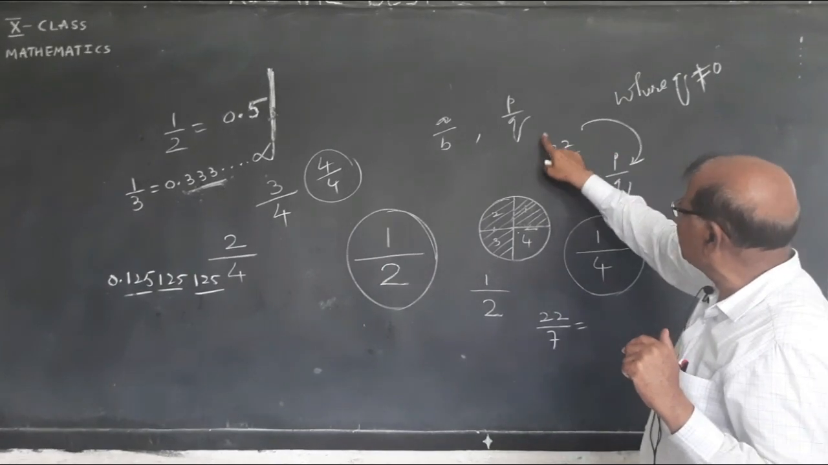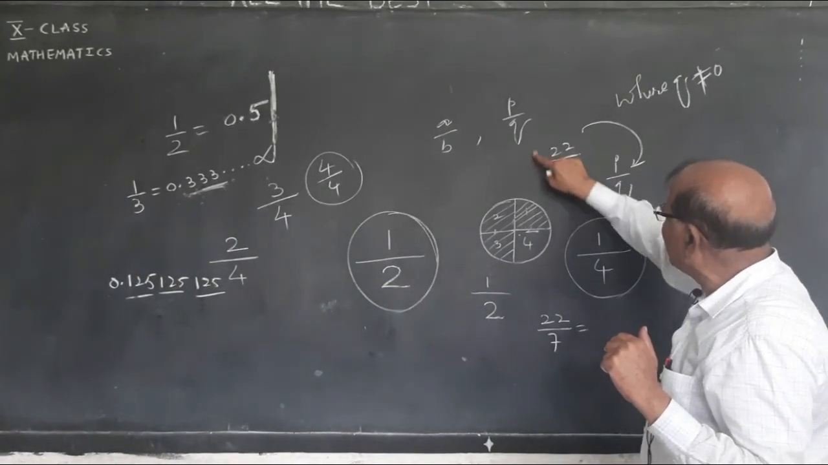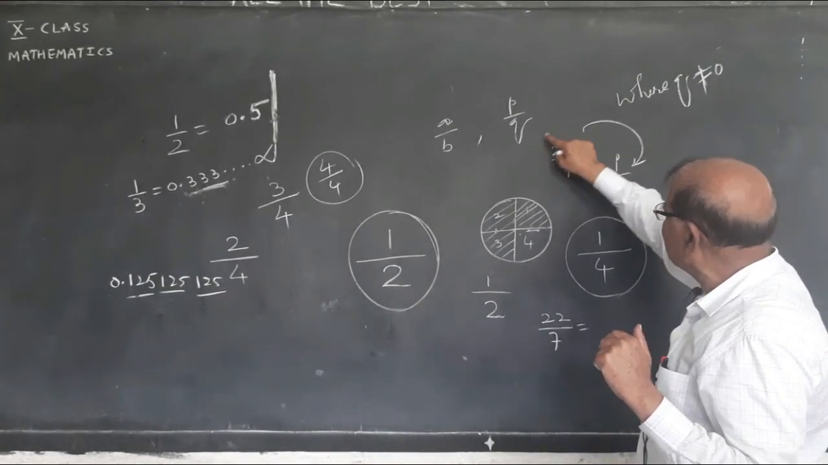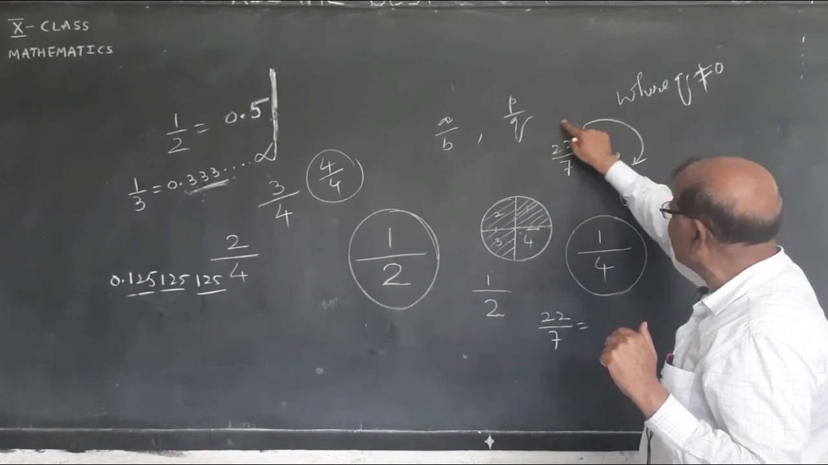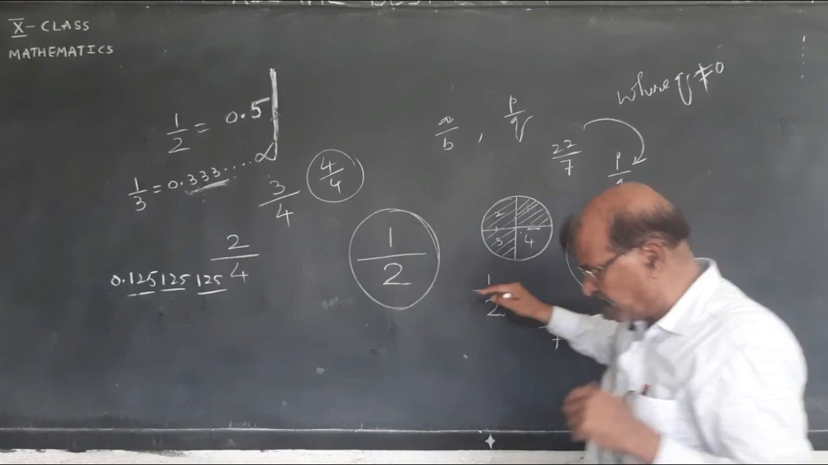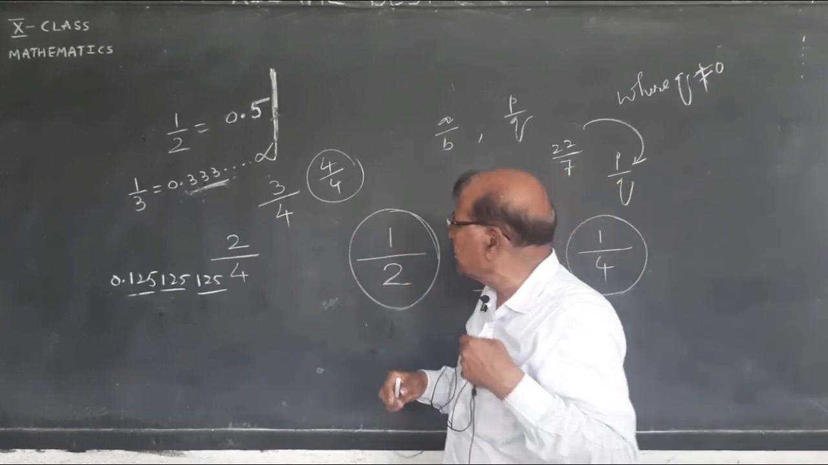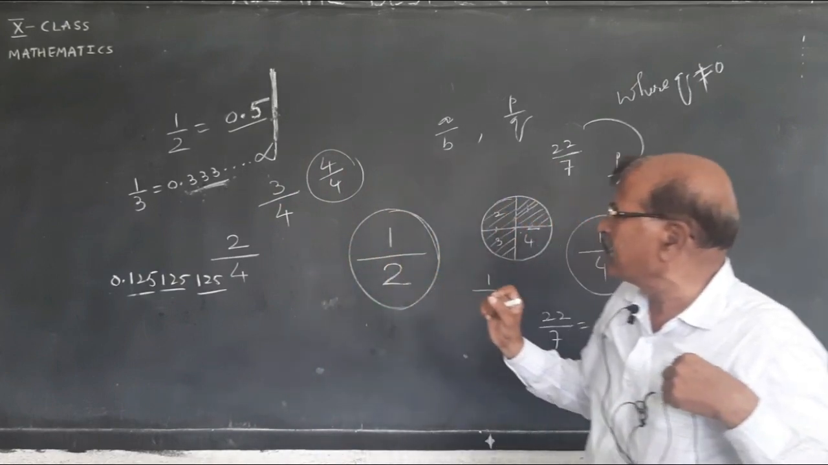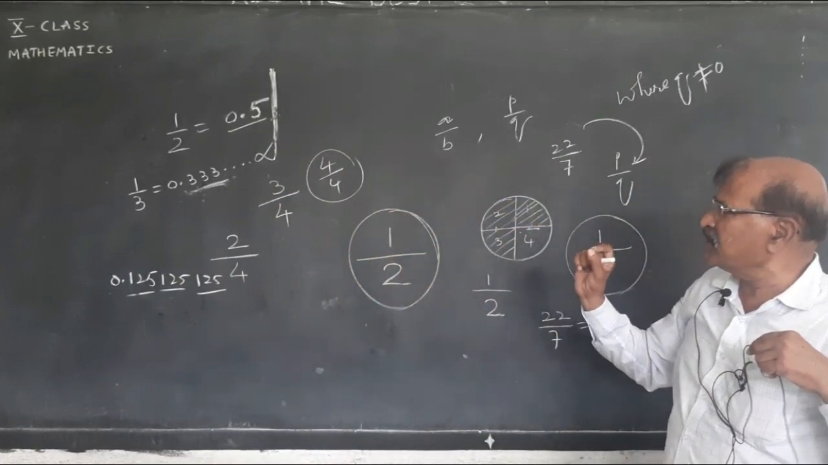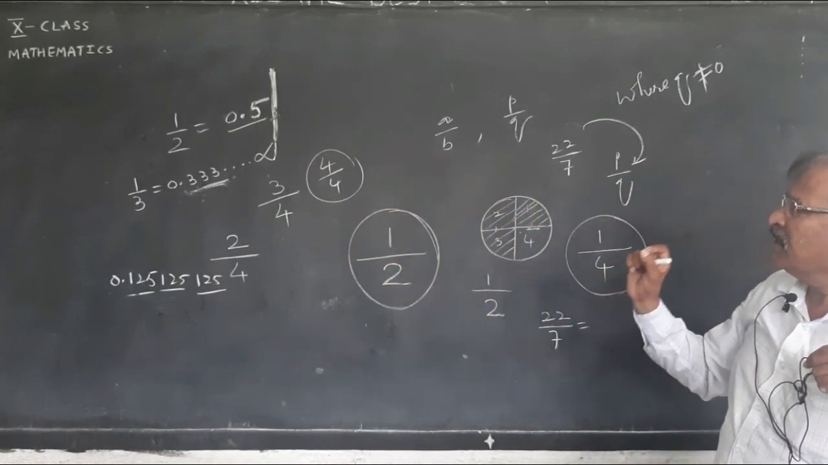Since 22 by 7 is also in the form of P by Q, but it is not a rational number, so it is modified. It is modified in the decimal form. The definition is very simple. A rational number is a decimal fraction in which